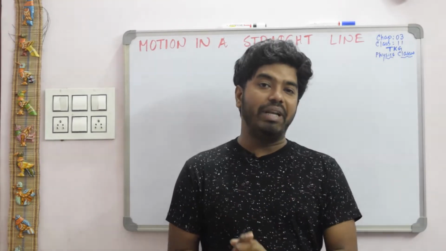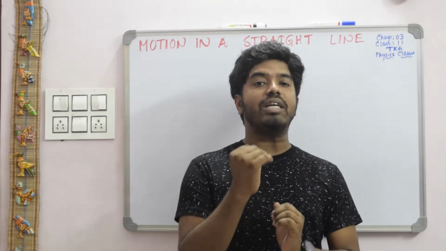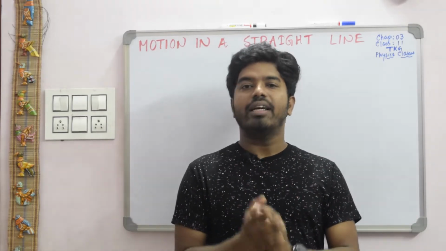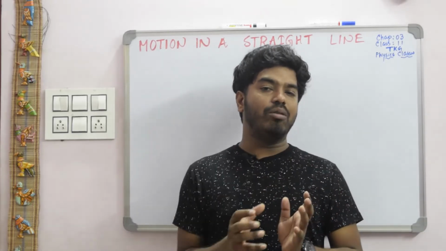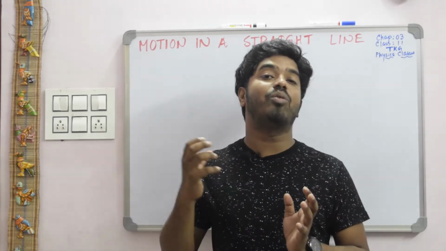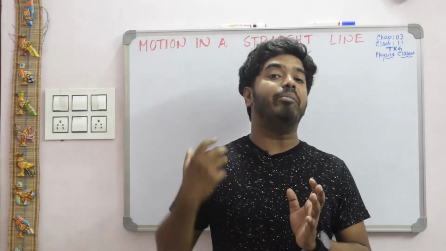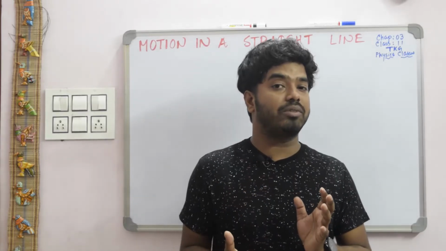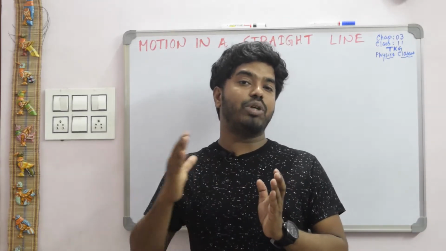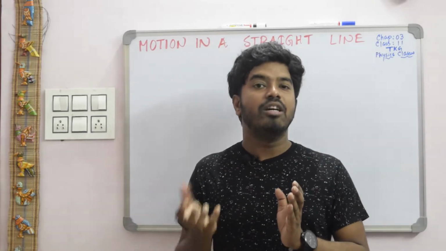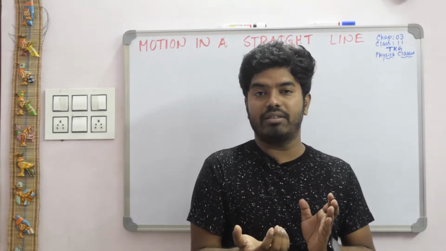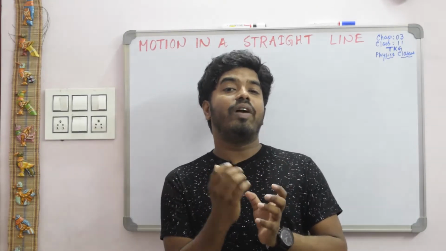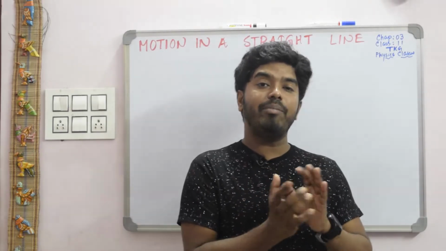So we have already completed chapter 2, that is units and measurement. What did we learn from chapter 2? At first we found the dimensions of various physical quantities. Then we used dimensional analysis for solving various types of problems: for converting from one system of units to another, for checking dimensional consistency, and for deriving relationships among various physical quantities.